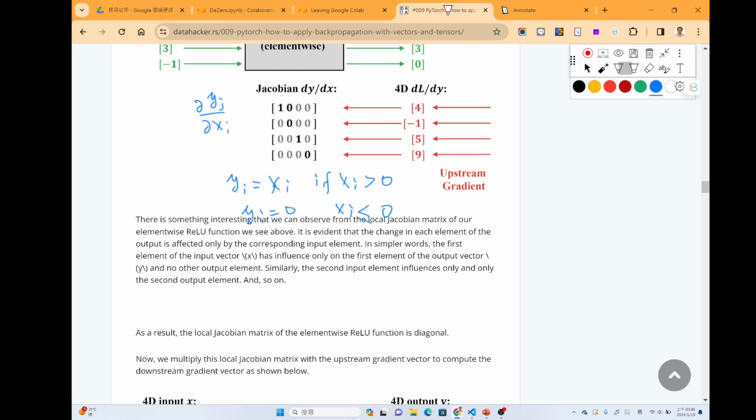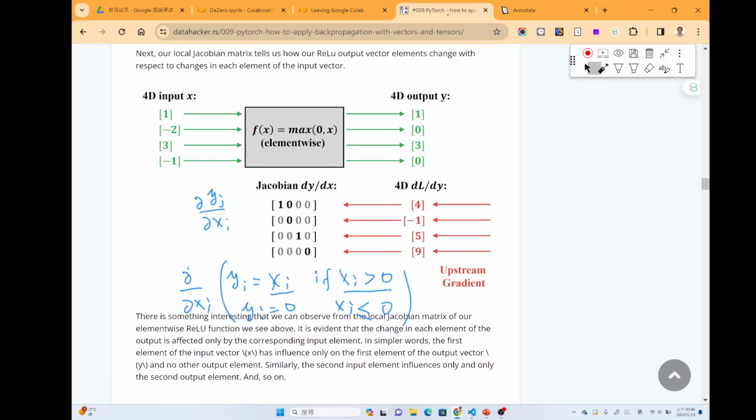So when we take the partial derivative, we can see that the only non-zero entries are those where x_i is larger than 0. Maybe you can check the first line: the first entry, the x11, is 1, and the others are 0.